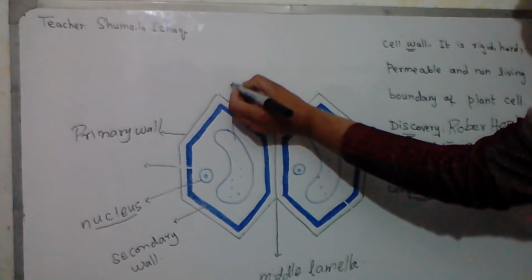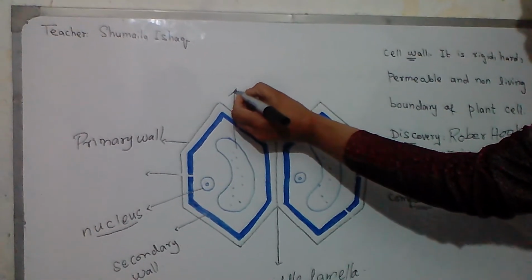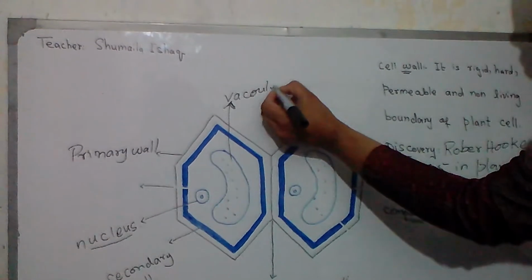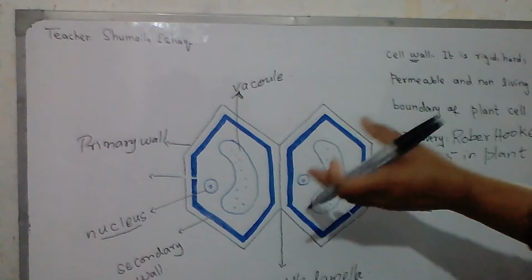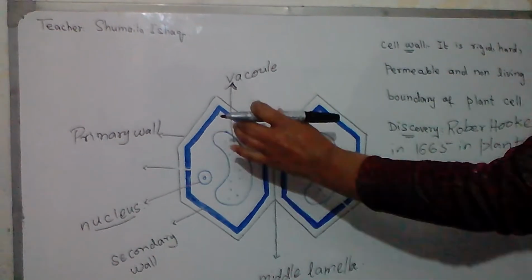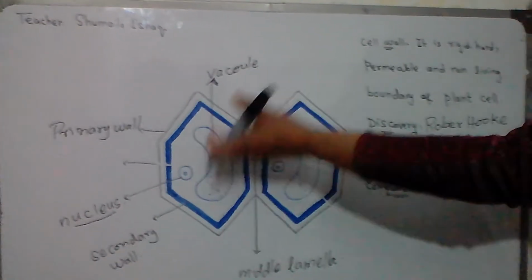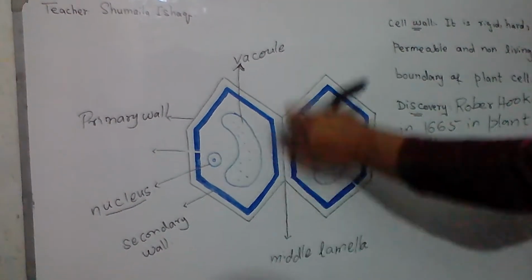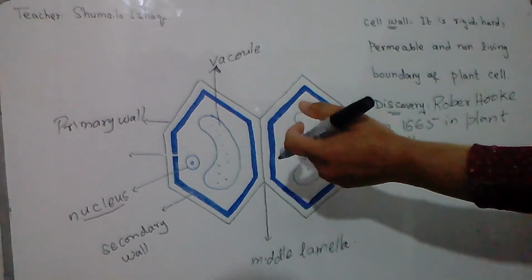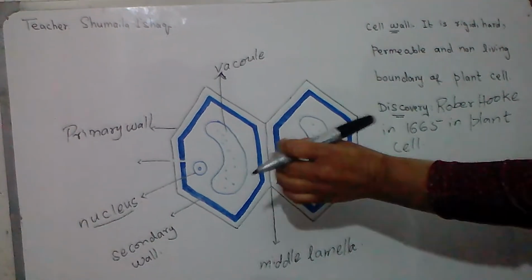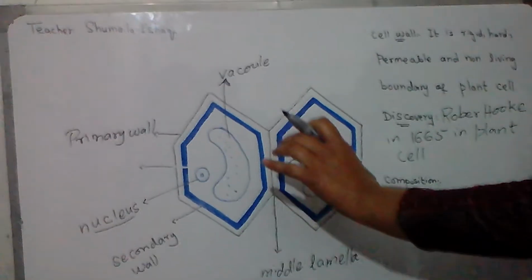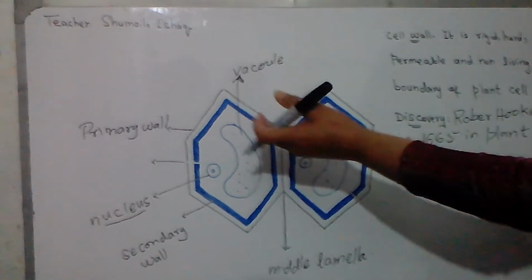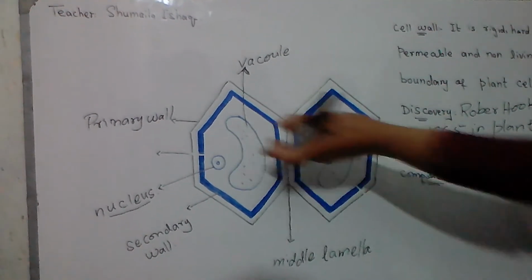Then the plant cell has another specification: it has a vacuole in the center. The vacuole occupies much portion or much space in the plant cell. The vacuole is much bigger in size. In the beginning, vacuoles are smaller in size and they are many in number. But as the cell matures, vacuoles grow in size and then they fuse, and a large central vacuole is present